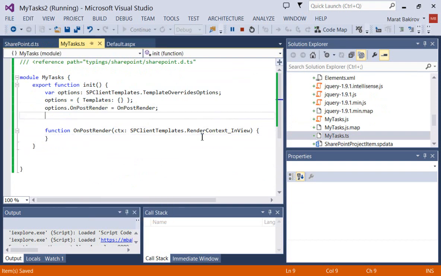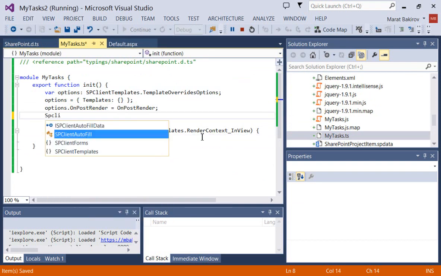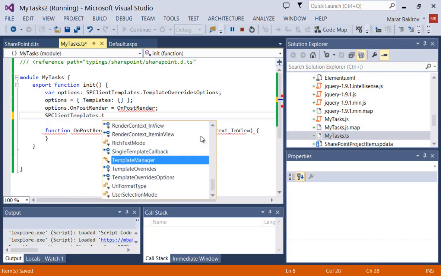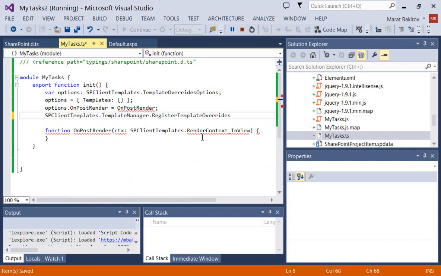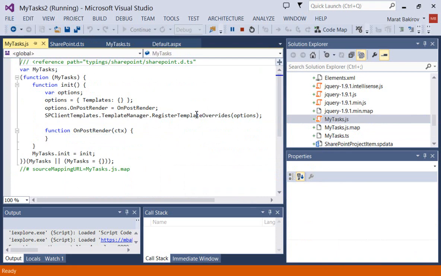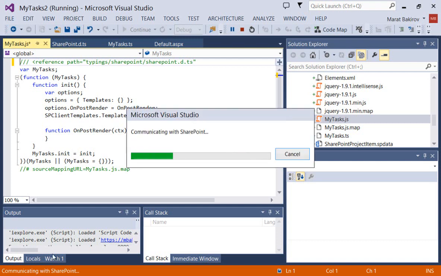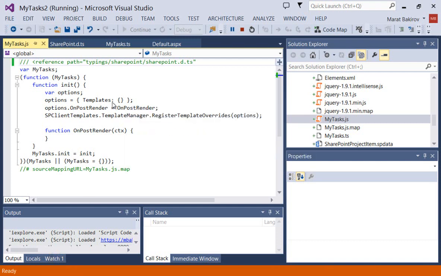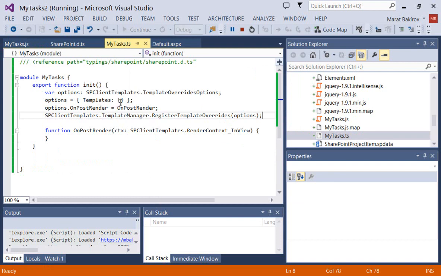Right. Now what I do is type client templates dot template manager dot template overrides options. As you can see, your JavaScript has been changed, but it's not uploaded. If I press space back and save it, you see that here it says communicating with SharePoint and it's updated. So actually I can stay in my debugging session,